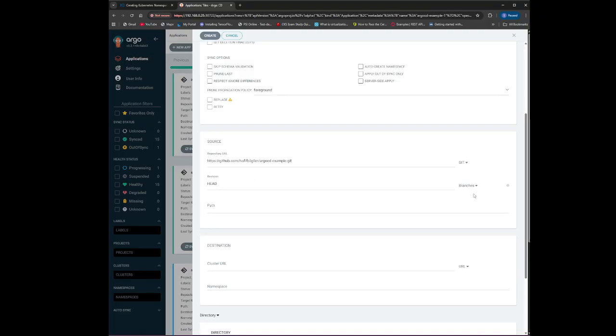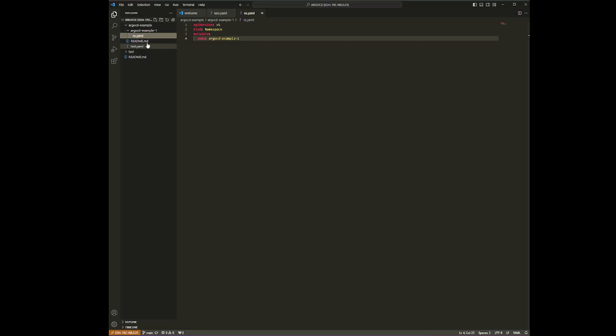For revision, I want to choose branch, and my branch is the main branch. We can also choose test, stage, dev, or another branch name which we have in our repository. The path must be the folder name, and we have Argo CD dash example dash one.